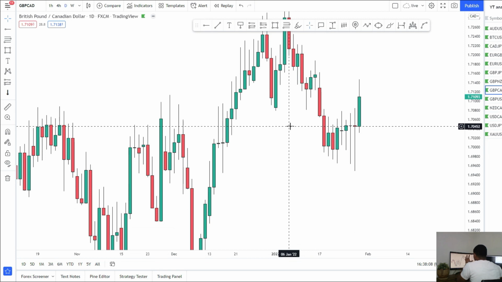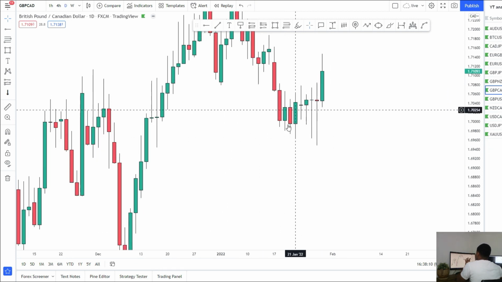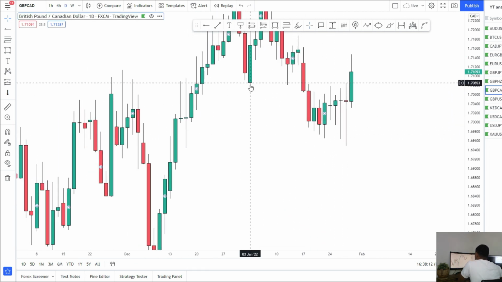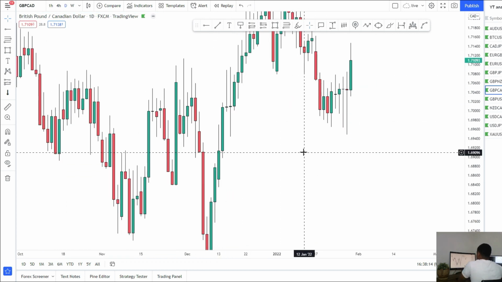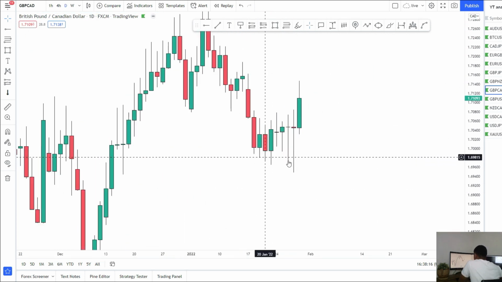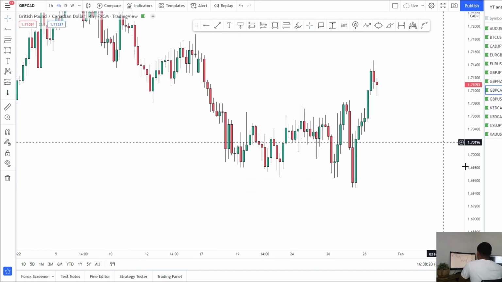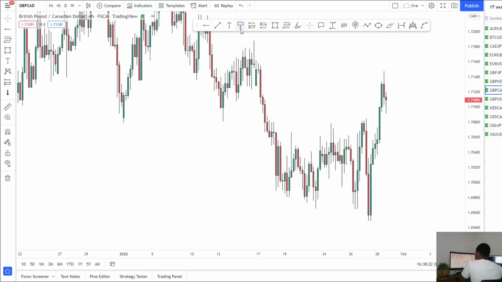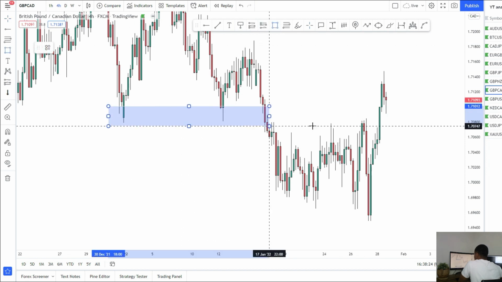Coming into the week, I've been quite bearish on pound CAD. I did say we're ranging here, so if you can break out, respect those highs there, or previous lows, now highs, we could roll over, but we failed to break out, and price is looking like it's breaking to the upside. So digging deeper into the 4H time frame, you can see we have this key level of support and resistance,